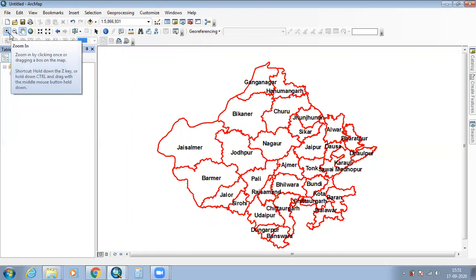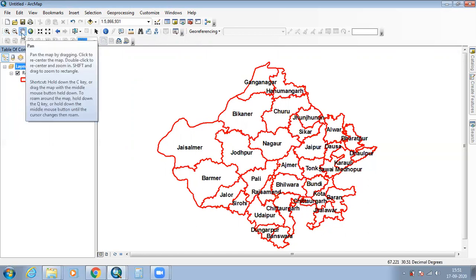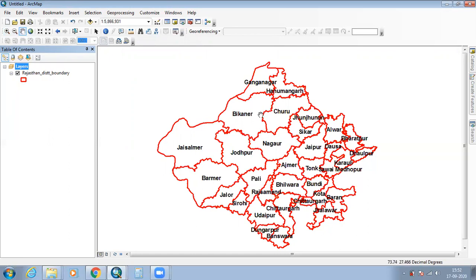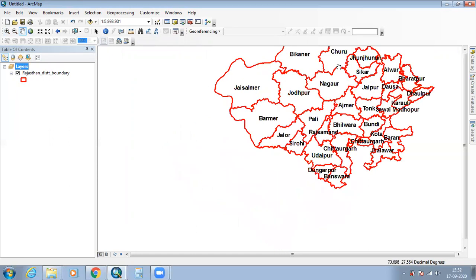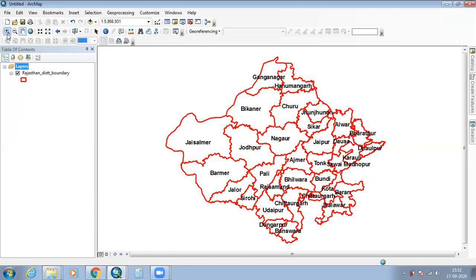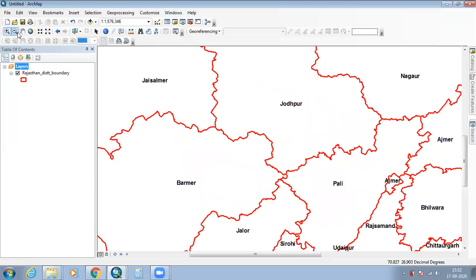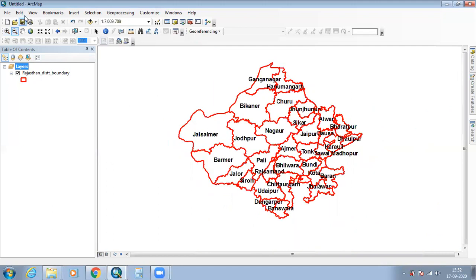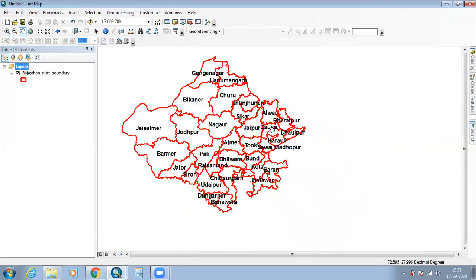So these both are used for zoom in and zoom out, and this is pan, to pan around your project. This tool is used to pan around. We can zoom in, and now we can zoom out, and then using pan we can adjust here and there.